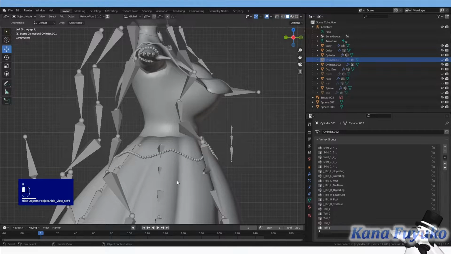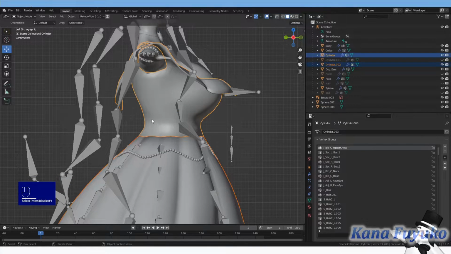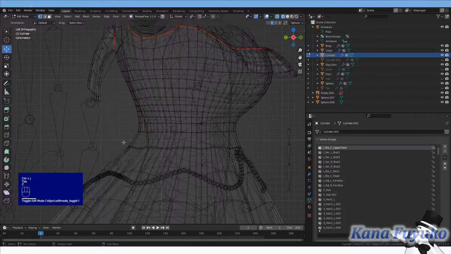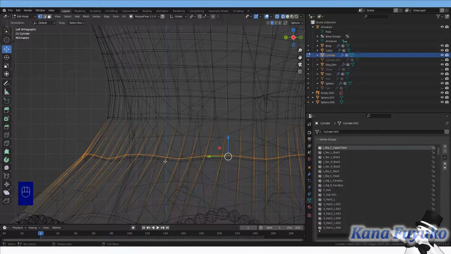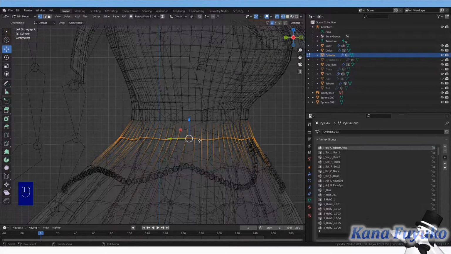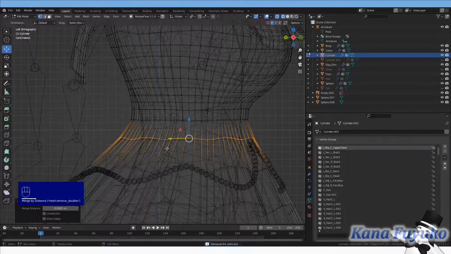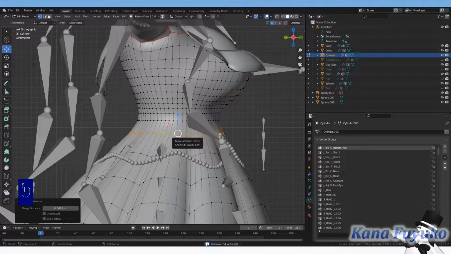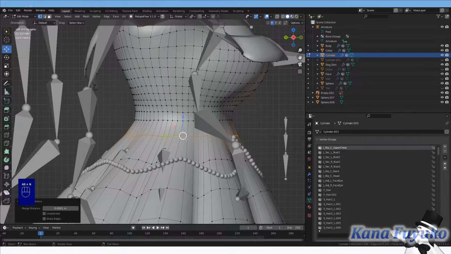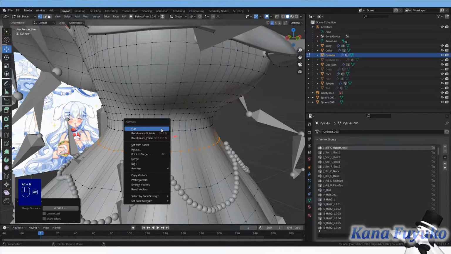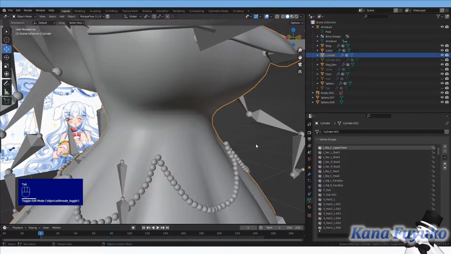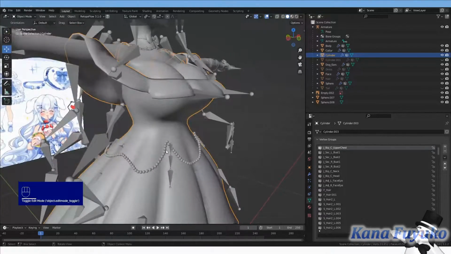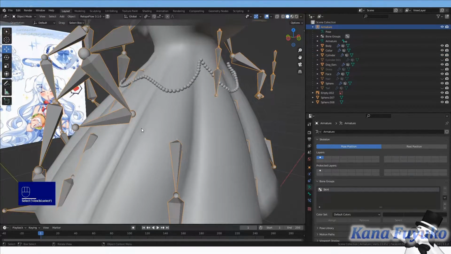I'm going to hide this real quick. Select your skirt, select the top part of your dress, and connect these. Instead of manually merging each vertex, all you have to do is select a row of vertices that you split from, press the M button, and then merge by distance, and you're done. Simple as that. Also, depending on your model, you might want to reset vectors. All you have to do is Alt-N and then reset vectors, if you see any weird blotches or shadows pop up. That way your dress can still look pretty good, but you still have the new weight paint.